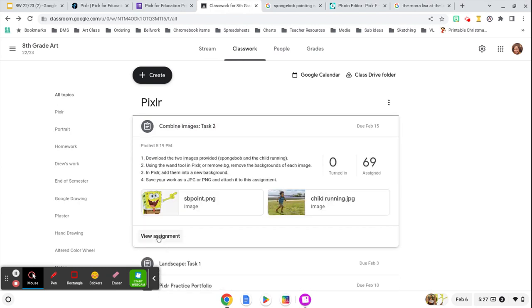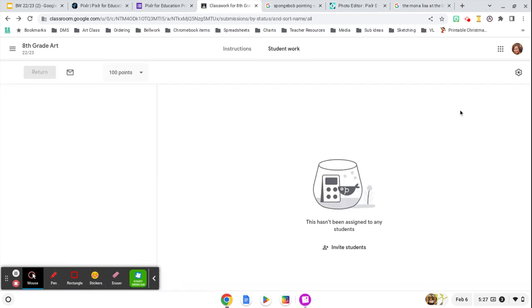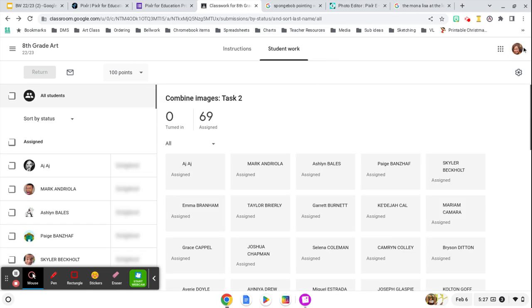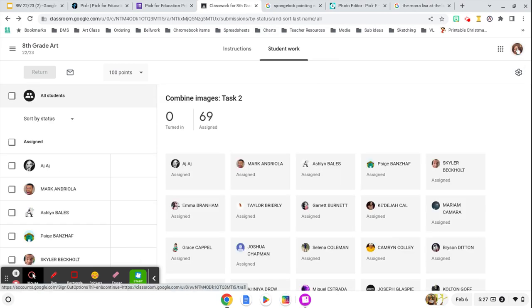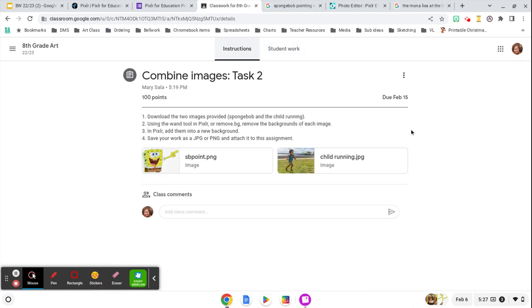Oops. So now I can go to View Assignment. Oh, this is logged in as me, so it's not going to let me do it. And then you would be able to see over here, it would say Add or Create. You click Add, File, attach your file, and then turn